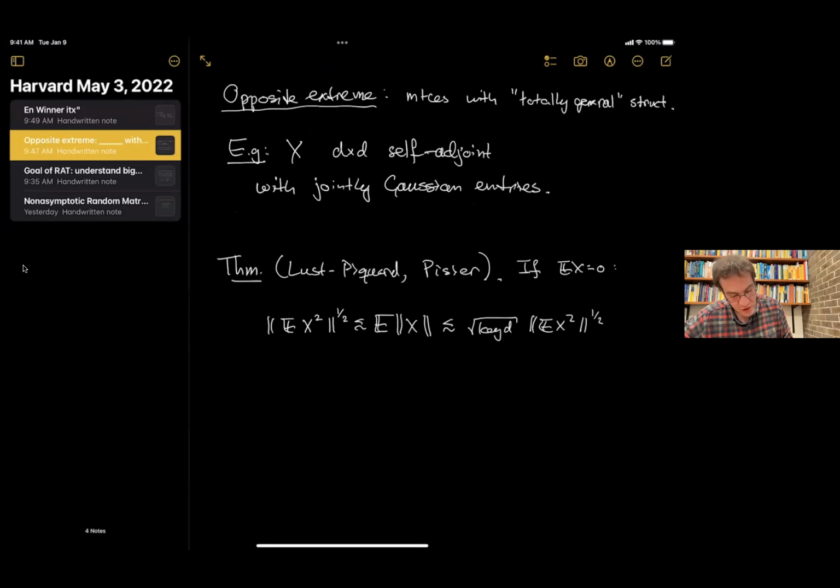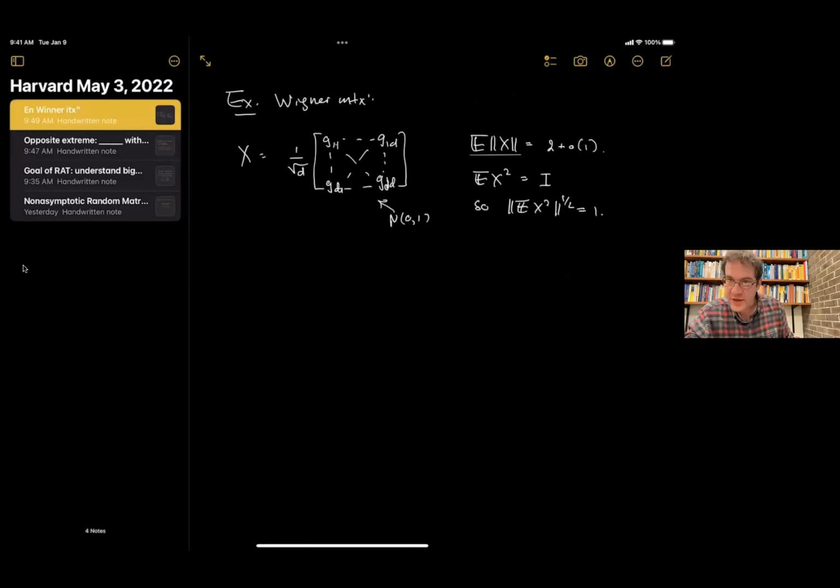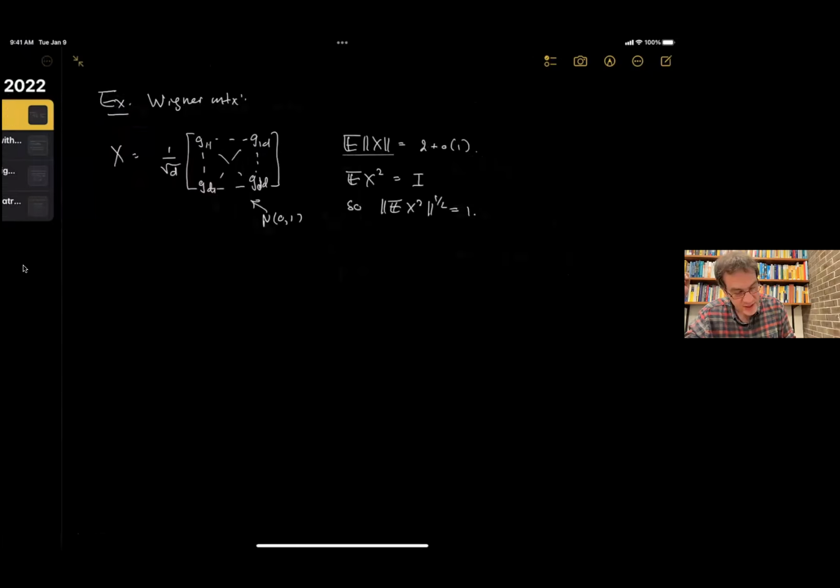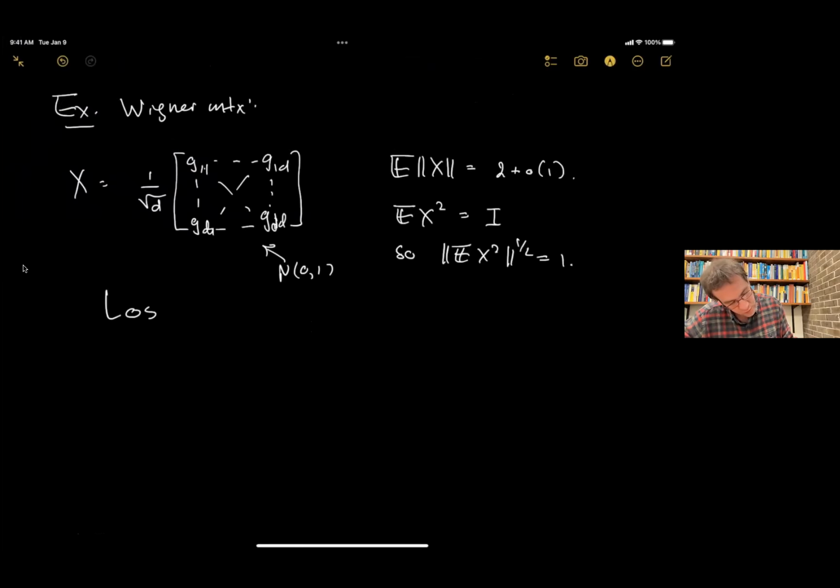So this non-commutative Khinchin inequality doesn't give us the correct upper bound on this range of the spectrum. Even for Wigner matrices, it's a factor square root log of dimension off from the correct behavior. And this is the world's simplest model of a random matrix. So we see that we already lose square root log d in the upper bound. The upper bound predicts that the norm should be at most square root log d, but actually the norm converges to 2.